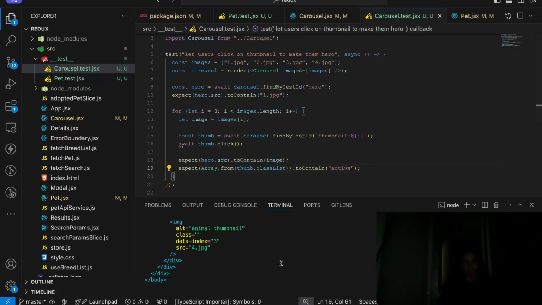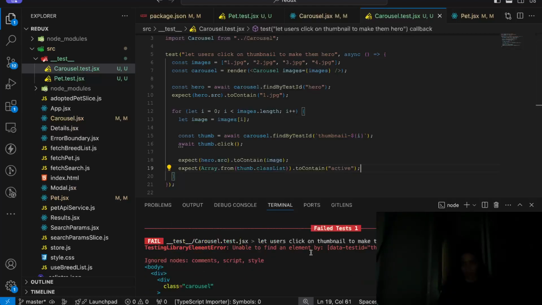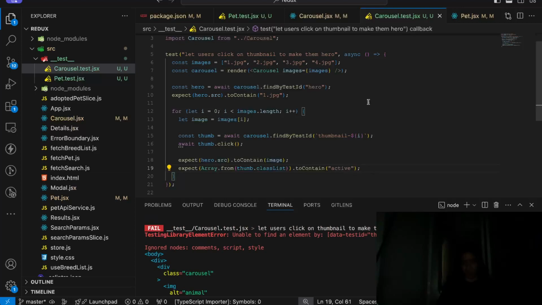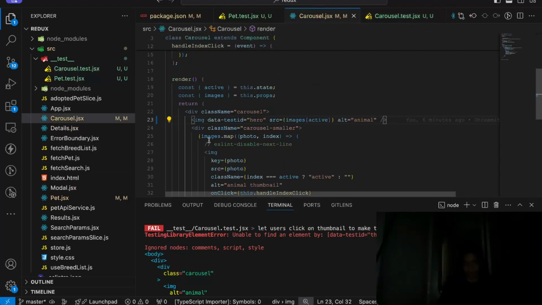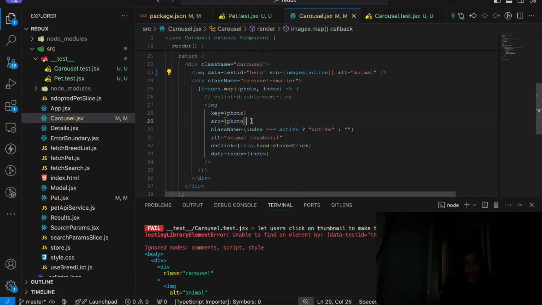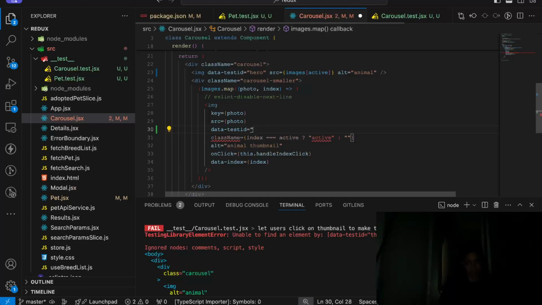Okay, to contain is active. Here it is throwing me an error, which says, hey, I don't know what you mean by a thumbnail in that zero position. It's like, I don't recognize that. Oh, it's because I need to paste that here as well. Here we say data-testid with the name of our ID, which in our case we can say something like thumbnail